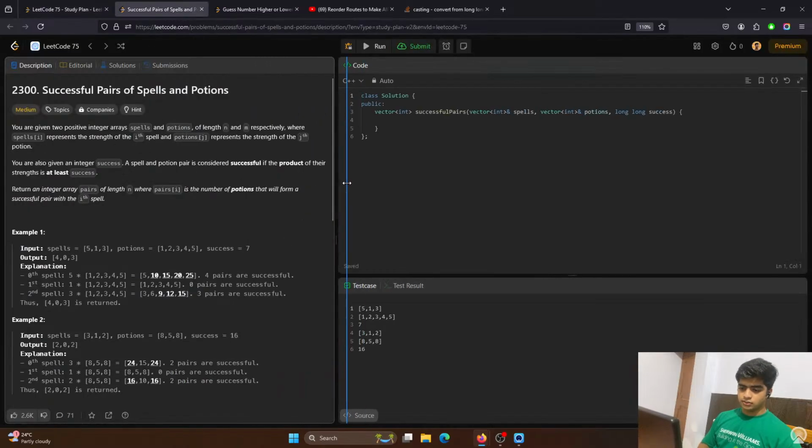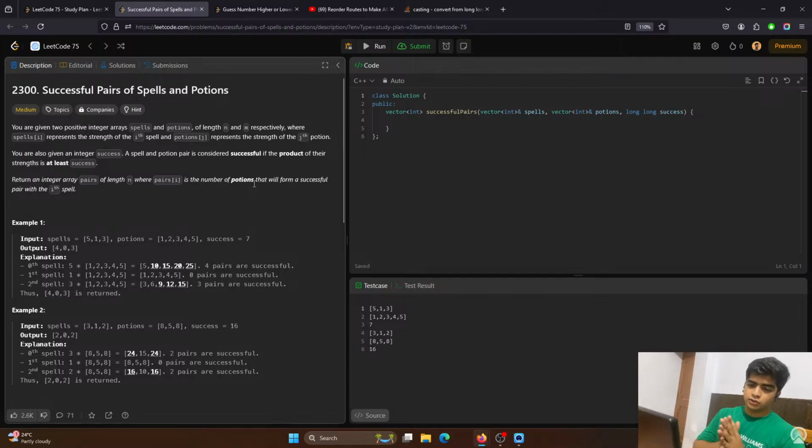Okay, see this. You're given two positive integer arrays, spells and potions, of length n and m respectively, where spells i